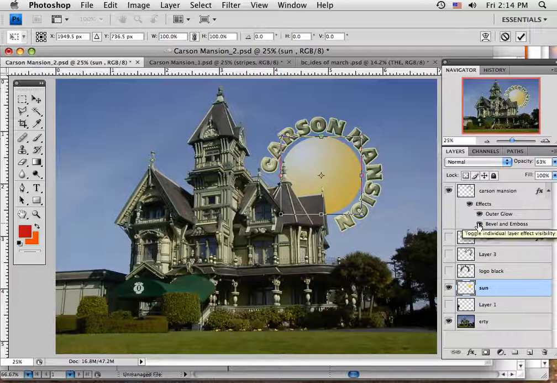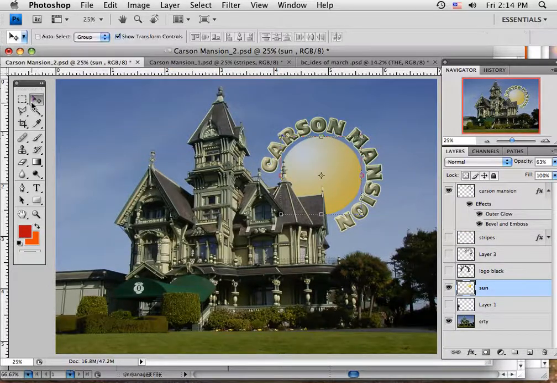Well, you can see it's there. I'm not sure why it's doing that. It's not turning on and off. Oh, I know. I've got to say something about that. Well, at any rate,